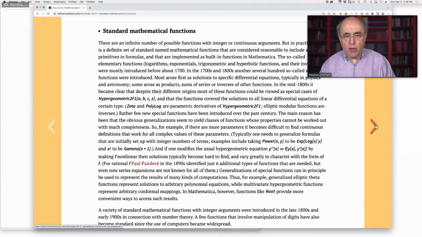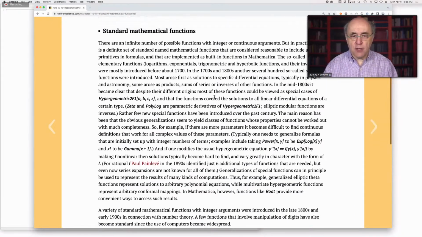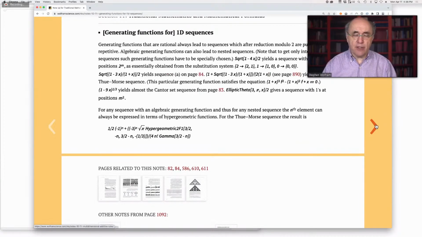This is asking the question, when you say something is representable by mathematics, what do you mean? What is the notion of a mathematical function? There are named functions, there are plus and times and things like that, but what about the gamma function? What about the polylogarithm function? When can there be a named function? It's basically when you get to reuse the same packet of mathematical information many times.